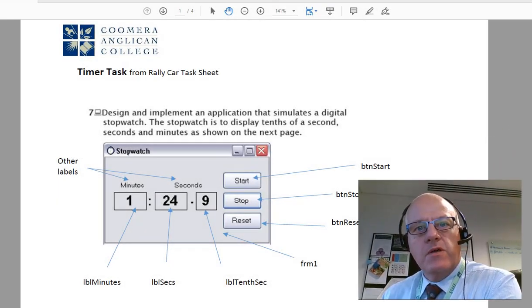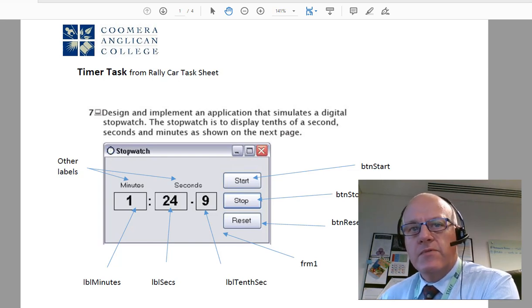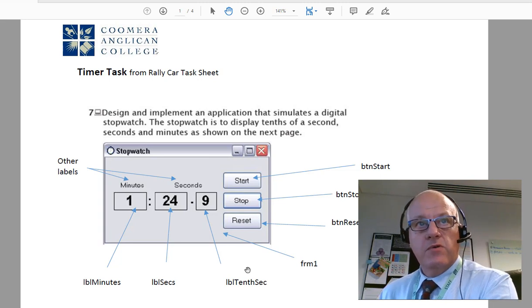Go through some of the work around the timer task that comes from the rally car task sheet, because there's some useful things to learn here. So let's see how we go. The first thing we're going to do is have a look at the way in which the program has been